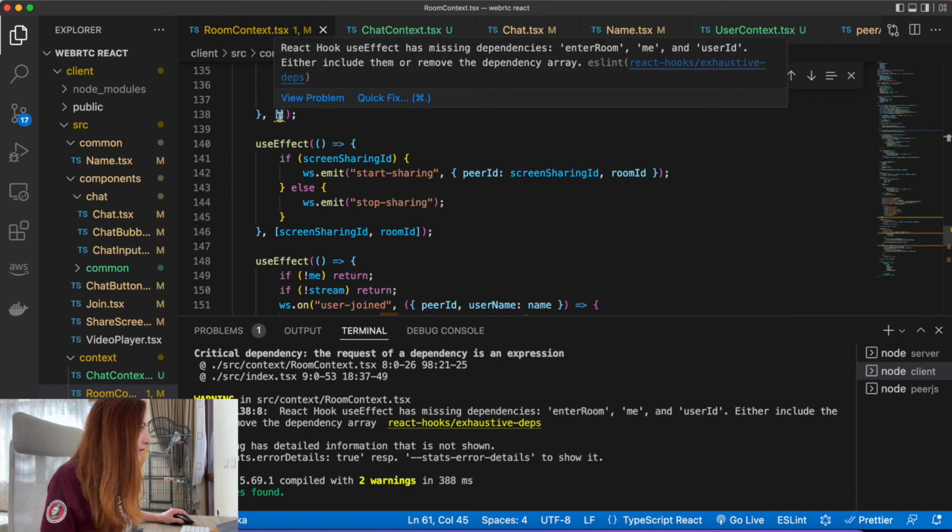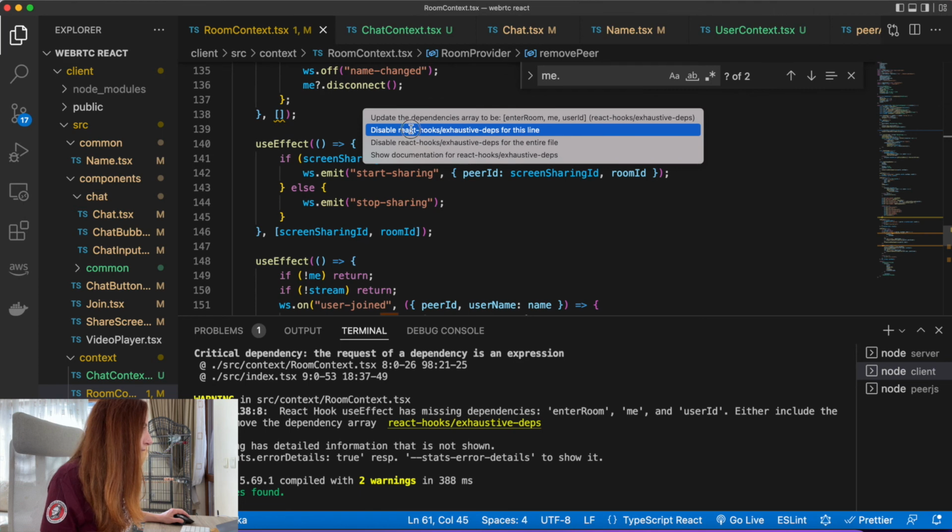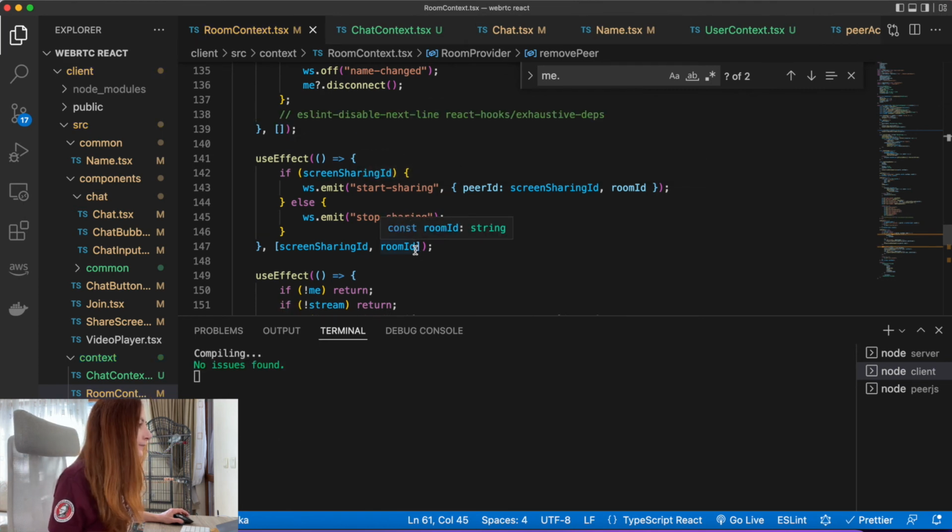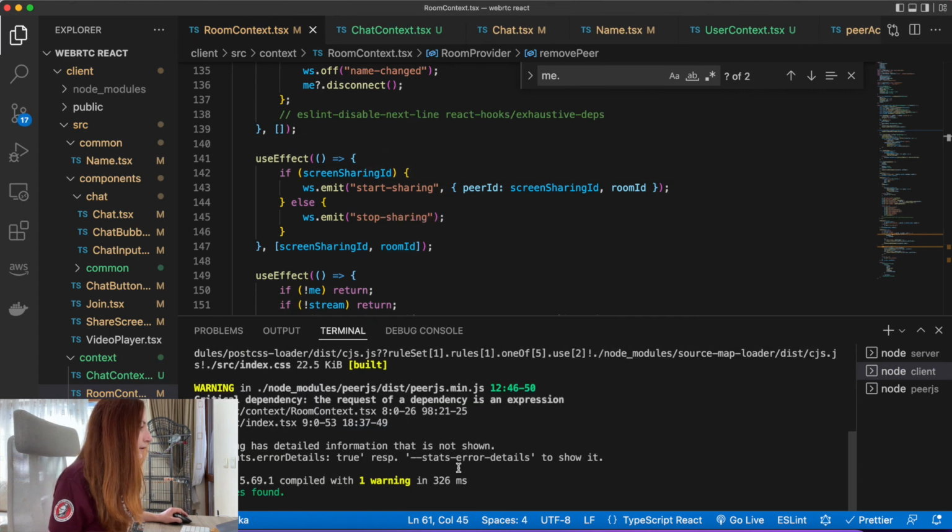We can just ignore it actually. Click fix. Yeah. So that's it. We refactored our code, we added some types for our context files, and now it looks better